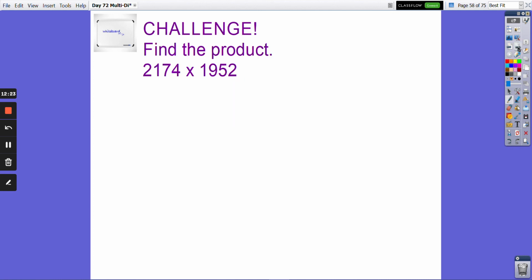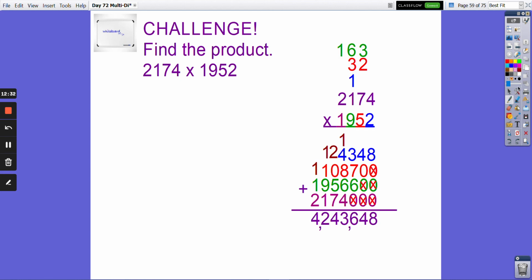Okay, here's a challenge. We have 4 digits by 4 digits. Go ahead and pause and let's see how you do. All right, here we go. 4,243,648. Woo! So notice how each time I have more place value holders, that 1 is in the thousands place,